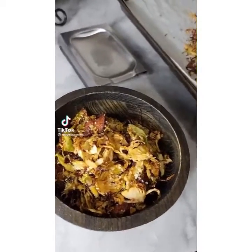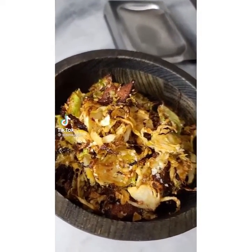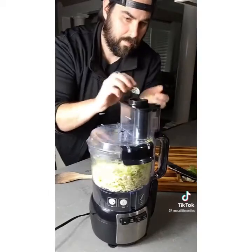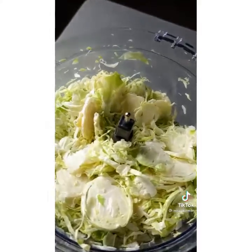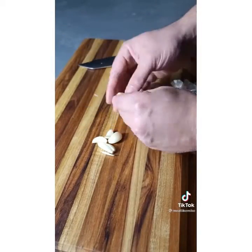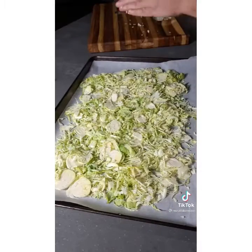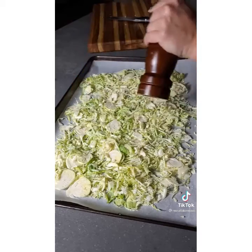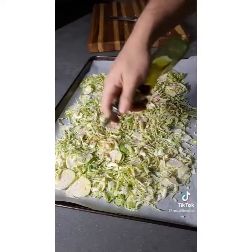This will be one of your favorite ways to make Brussels sprouts. Start by removing the ends and then shred using a food processor. Or if you don't have a processor, you can use a knife to thin slice. Once they're laid out on a parchment lined sheet, we're going to chop some garlic and add that to the pile. Then we're going to add kosher salt, some black pepper, a little bit of smoked paprika, and then a